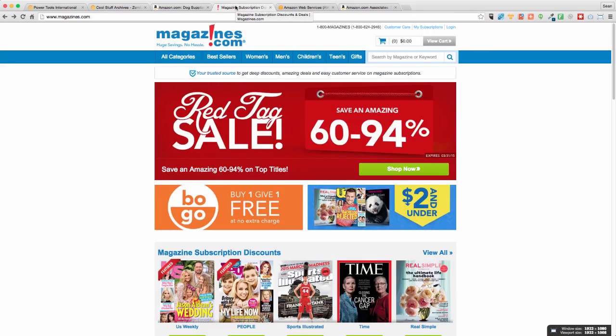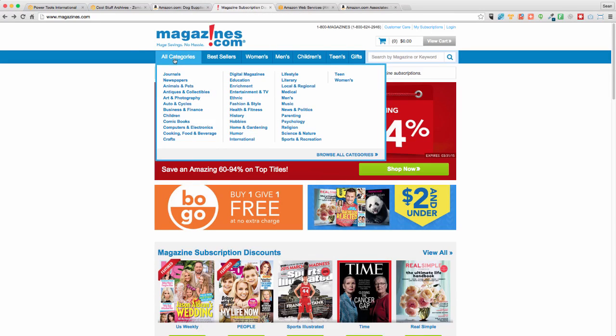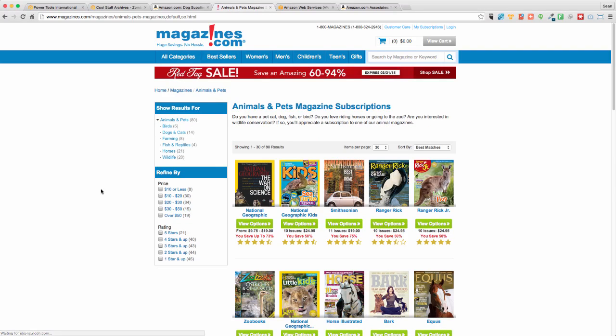Another way that I like to dig into it, if I'm looking for the impulse kind of stuff and passion, is I also like to look at magazines. So for example, under all categories, I might look to see what people are passionate about. If I want the impulse and passion based ones, I'll look to see what magazines there are. So if I'm going through the categories here, I like to see, okay, what are people looking at?